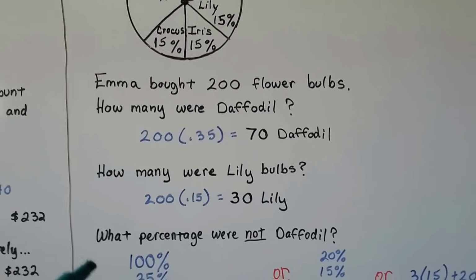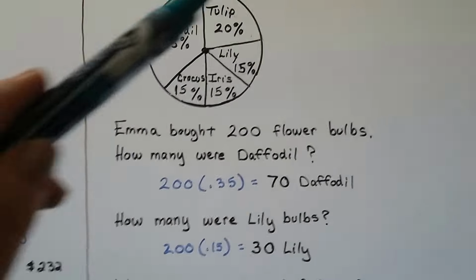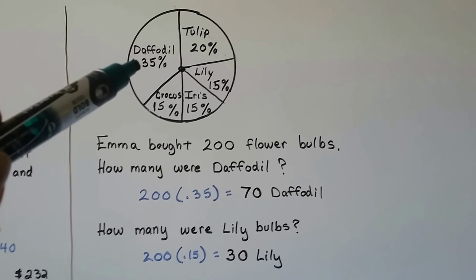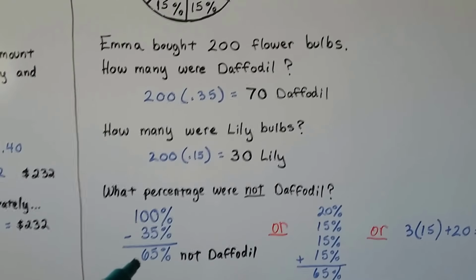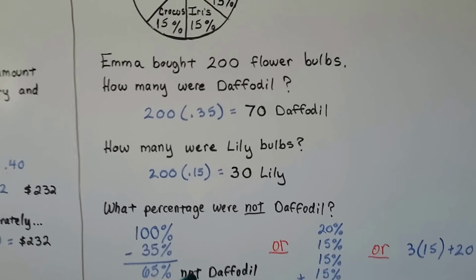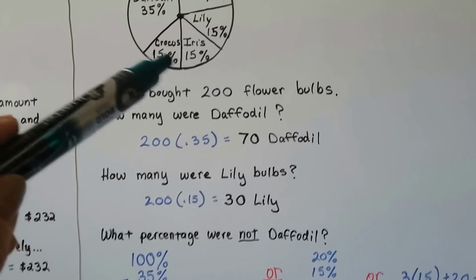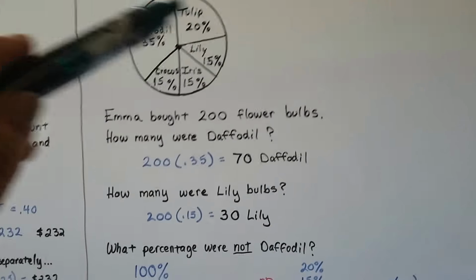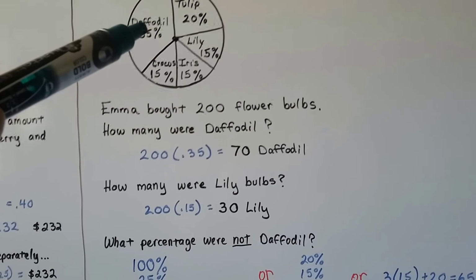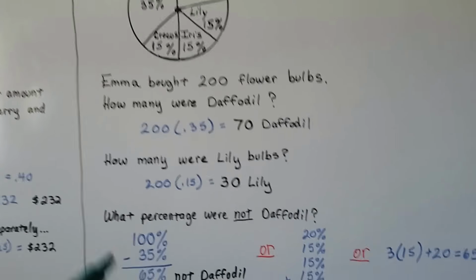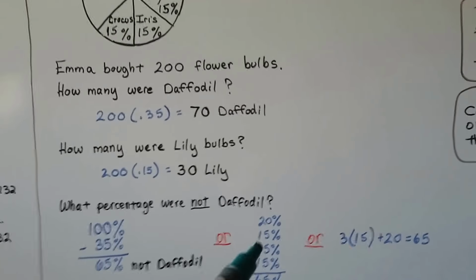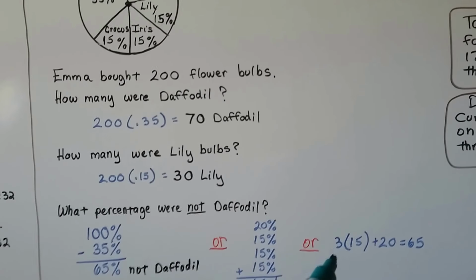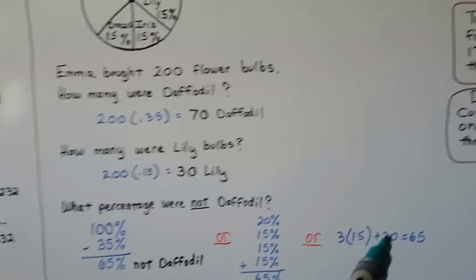This one says what percentage were not daffodil? Well, this whole thing represents 100%. We could just take away the 35% and get 65% were not daffodil. Or if we wanted to, we could add all of these percentages up to see that it's 65%. But personally, because this is 100%, I think it's easier to just take away the 35% to find out the remaining. Because there's 3 15s and a 20, we could also do 3 times 15% plus 20% would be